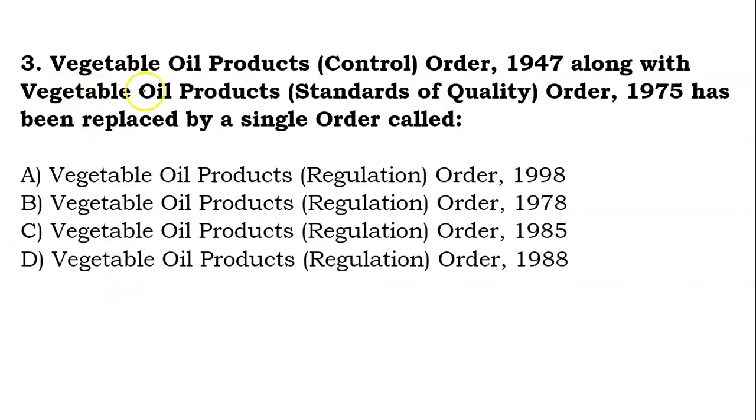Friends, our third question is: the Vegetable Oil Products Control Order 1947 along with the Vegetable Oil Product Standard of Quality Order 1975 has been replaced by a single order, and this single order is known as, your options are Vegetable Oil Product Order 1998, Vegetable Oil Products Regulation Order 1978, Vegetable Oil Product Regulation Order 1985 or Vegetable Oil Products Regulation Order